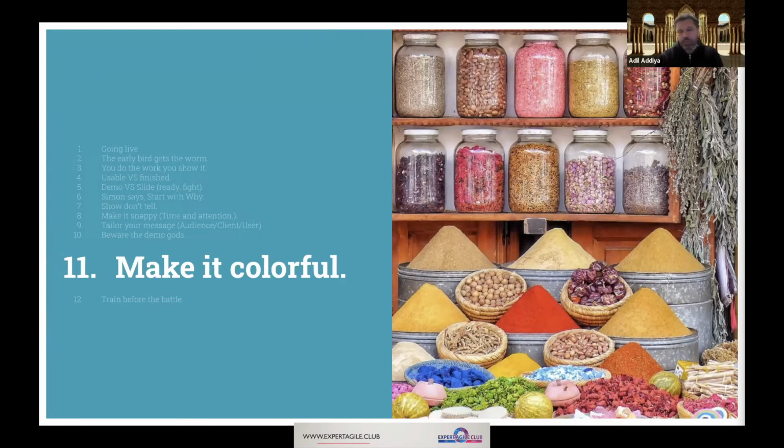This doesn't mean that you need to hire a designer and build presentations that are professionally made, but just take some time to insert some colors or some shapes, some icons, and that will not only make your presentation really pretty, but at the same time, it will make the information easy to digest.